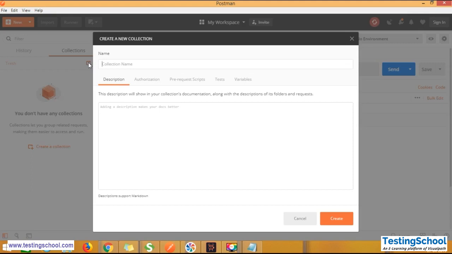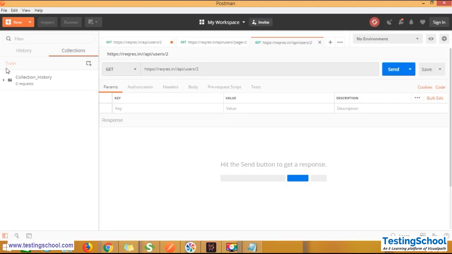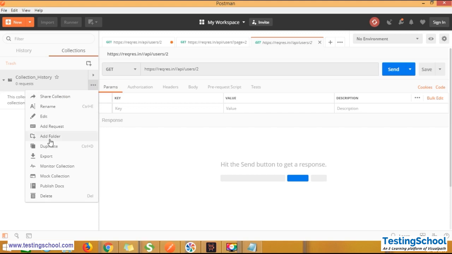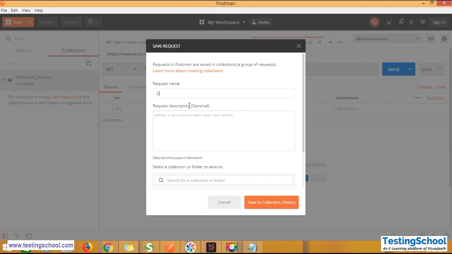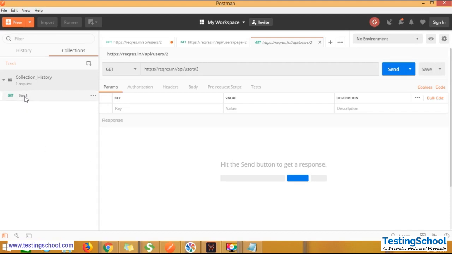So if I want to create one collection, click on this plus tab and give any name, like collection history. If you want to give a description, you can, otherwise click on the create button and it will be created. This is empty. We can add a request, or we can add a folder. If I want to add a request, give the request name, get one, and it has been created. If you click on get one, by default, because it is empty, we have not provided any